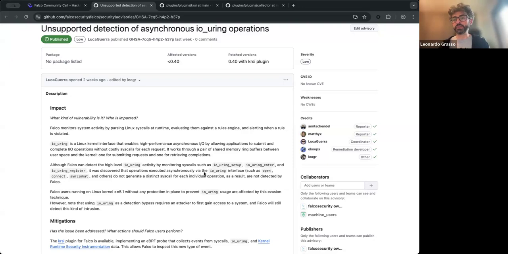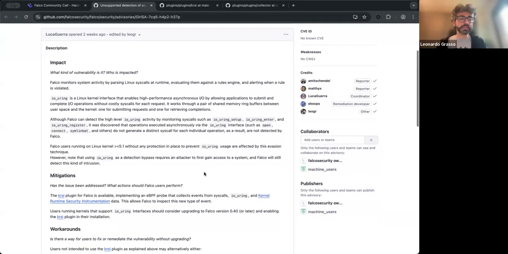So Falco is not able to intercept the specific operations that are happening, even though it is able to detect the configuration of io_uring operations that happen through syscalls like io_uring_setup, io_uring_enter, and so on. So basically, this technique would allow to bypass or evade some detections that are in our rule set.